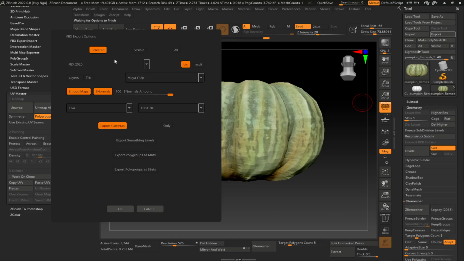The only thing you need to do is, for some of you, by default I think it's set to all like this. So let's click on selected, and that will mean that it's only exporting the subtool that you have selected in your subtool menu. Besides that, everything should be good. Hit OK,